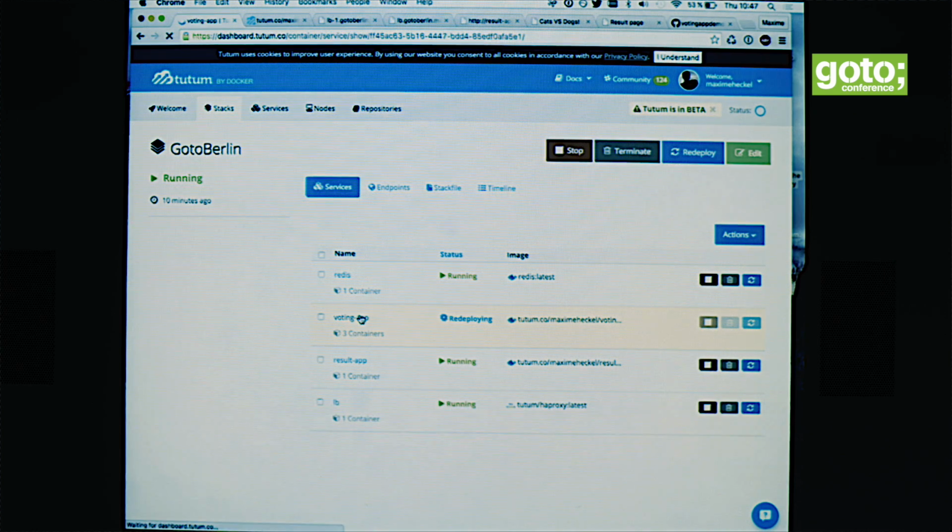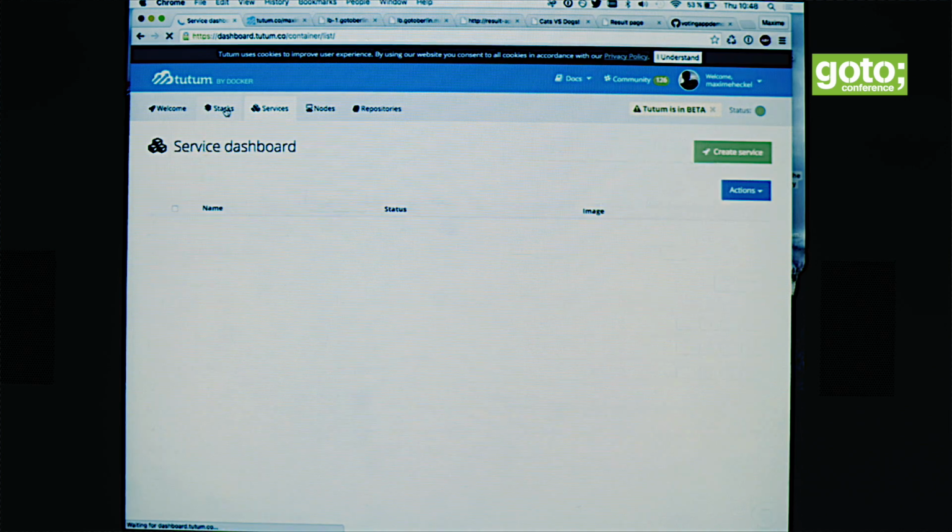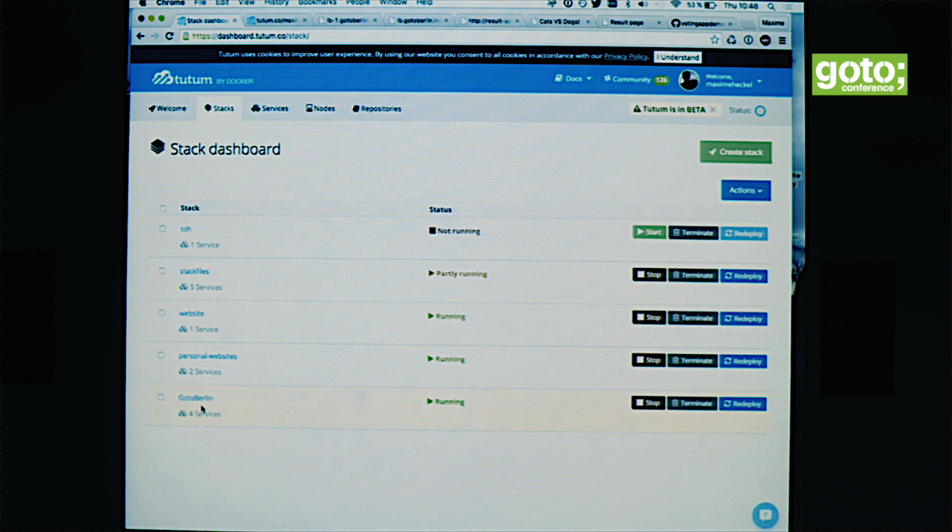So if I go to the detail view again, one by one, they're terminating. So you see voting app 1 and voting app, yeah, that's done. So voting app 1, 2, 3 have been terminated and then relaunched with the new definition of the image. And now, if we go to our load balancer,